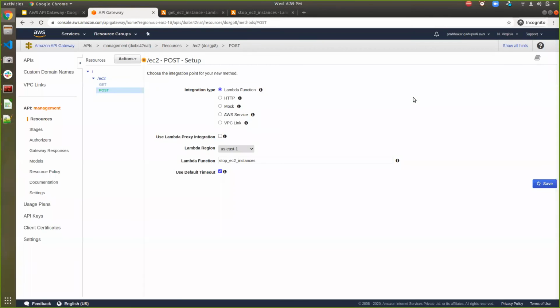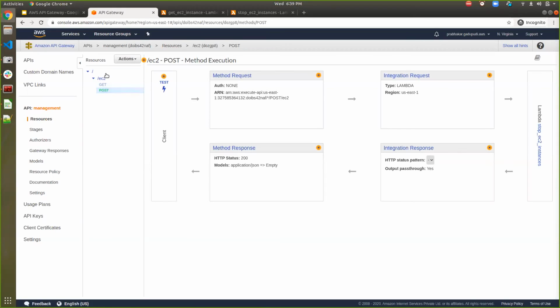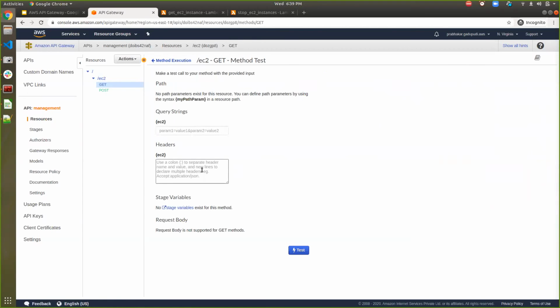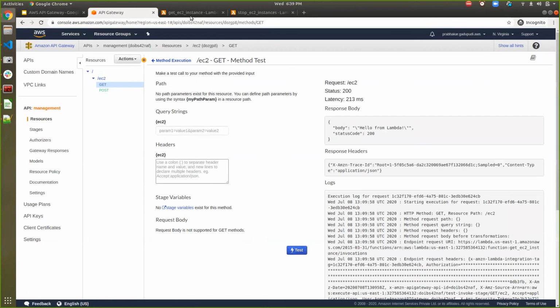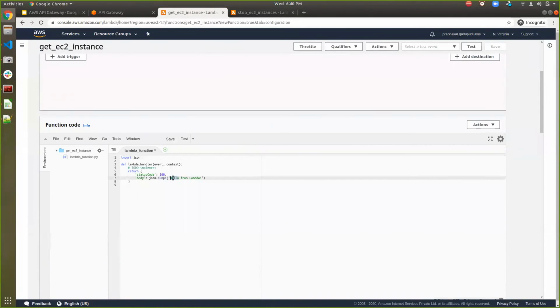If you see, I have two APIs inside EC2, one is a GET API and the other a POST API. Now my API development is done. If you want to test something, go to the GET API and click on test. Here I'm not going to provide anything, and if I click next, here is the body from the get EC2 instances Lambda, the response coming from the Lambda function.